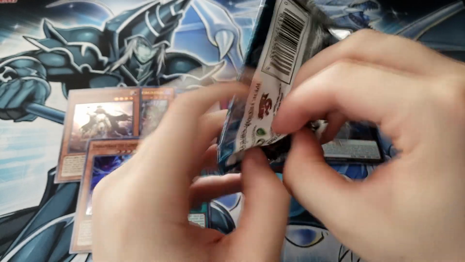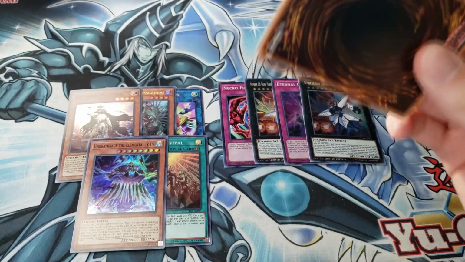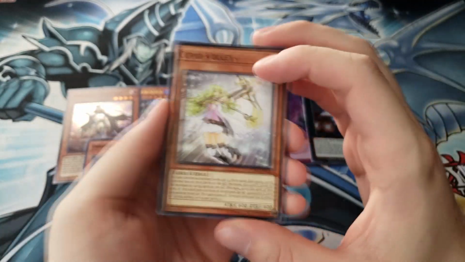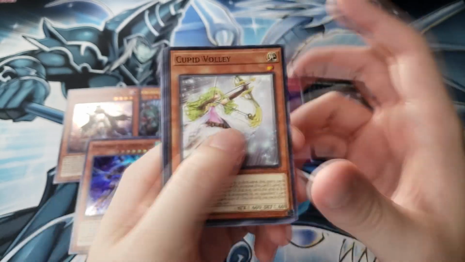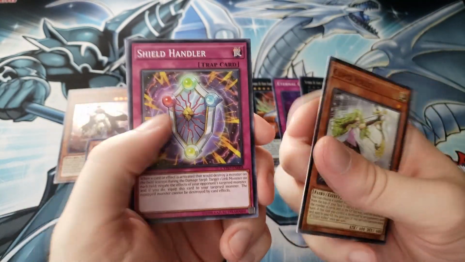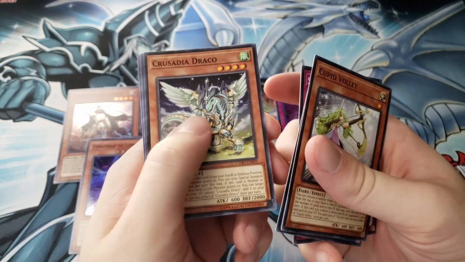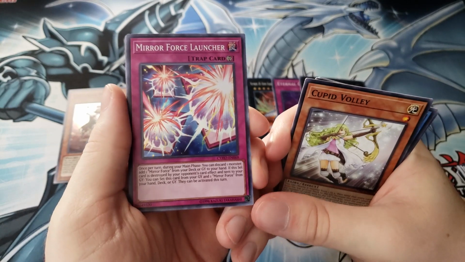And the last pack that I am struggling with. I feel so bad for people that actually want to keep the packs in good condition. Cupid Volley. Alright. Demise, Agent of Armageddon. Shield Handler. Crusadia Draco, and for the last card, Mere Force Launcher, the card that had the potential to be at least